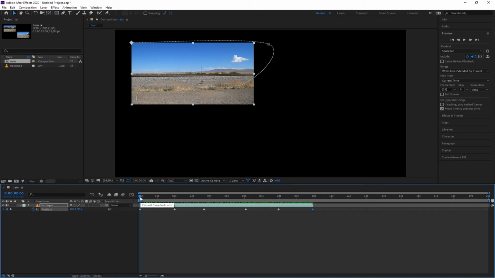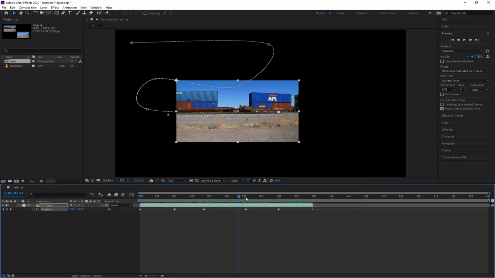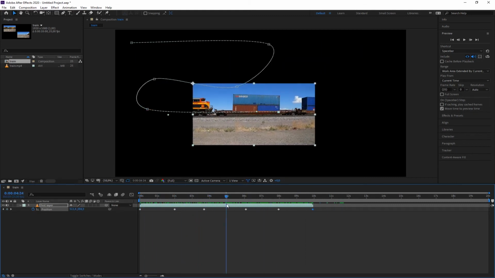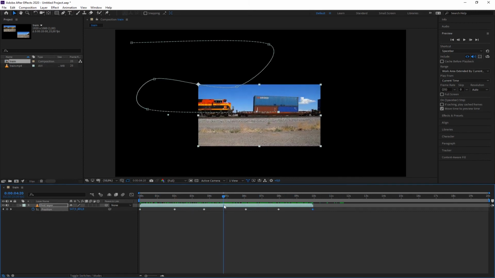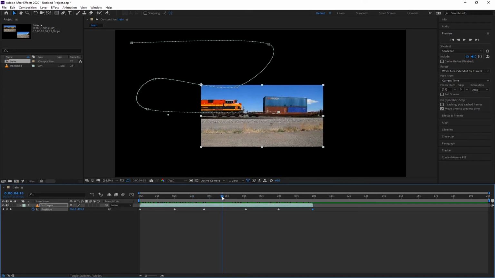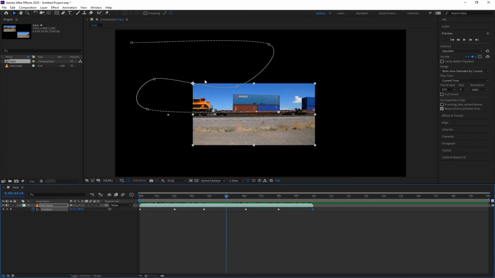So how can I add another keyframe that's not at the beginning or at the end? Let's say somewhere in between, maybe here. You can also create a keyframe by changing something. So I can drag the time to this point and then change the position of the picture, or I can also manually add a keyframe or even remove a keyframe. I can remove ones that are already created. I can manually add it by clicking on this little icon,